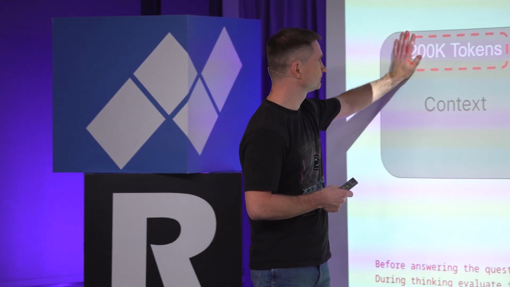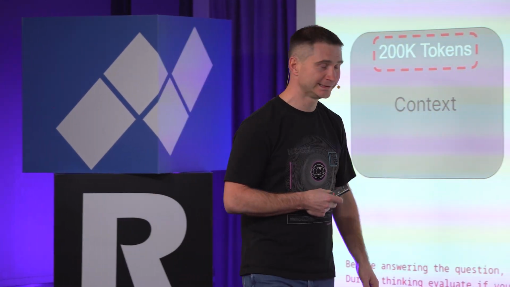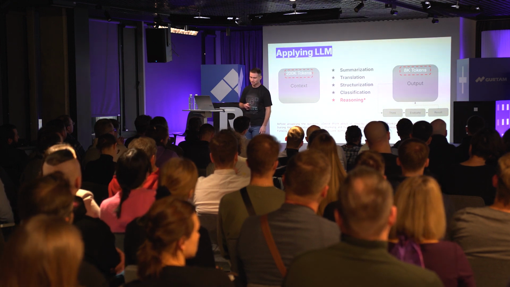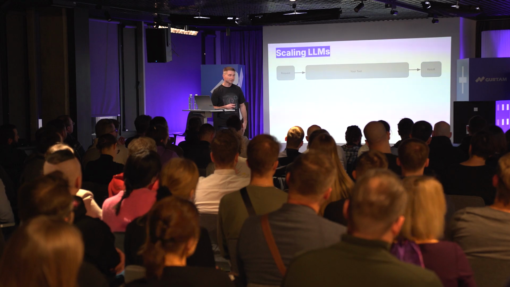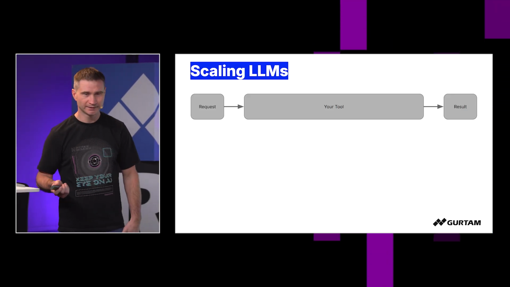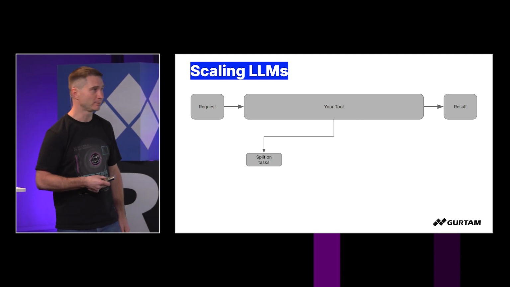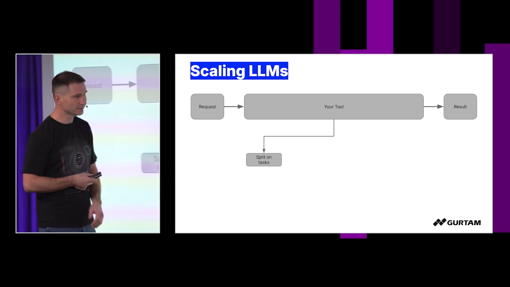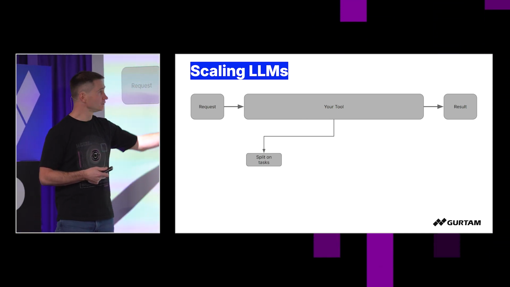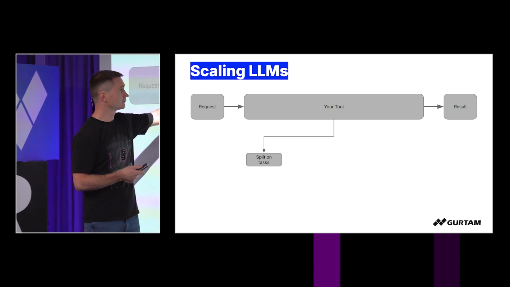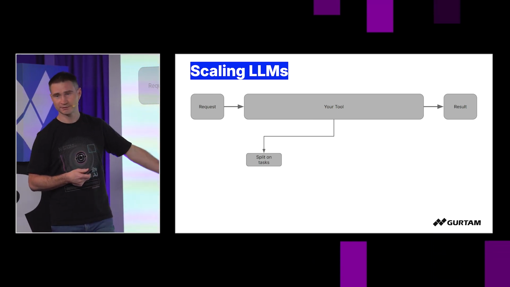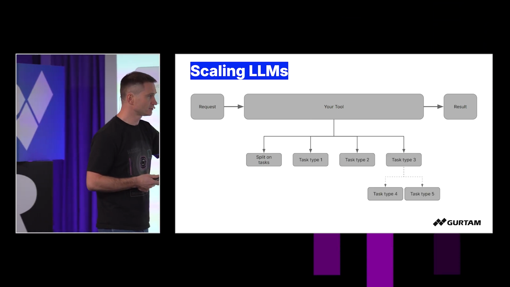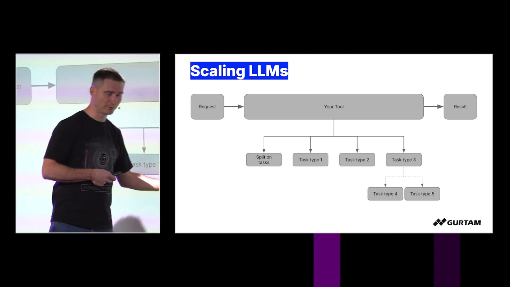And the context size. You are limited to 200,000 tokens and just 8,000 tokens for the output. This is the problem, and how do you solve it? To solve the problem, like with all projects, you split it into parts. If you have a request, there is some kind of result on a complex problem. So first you ask your LLM to split the problem into multiple tasks, and then for each task you, in parallel or one by one,